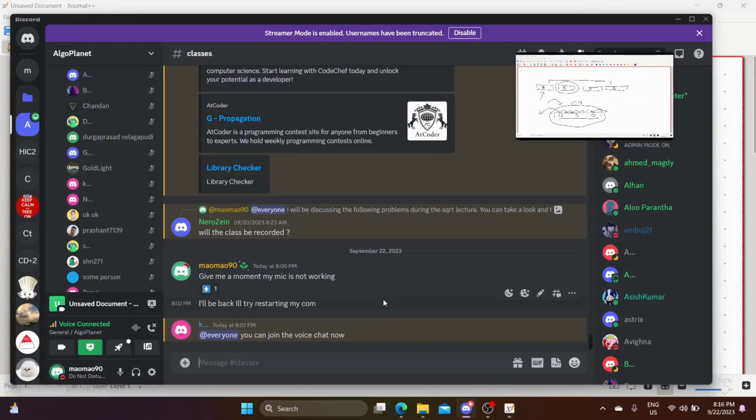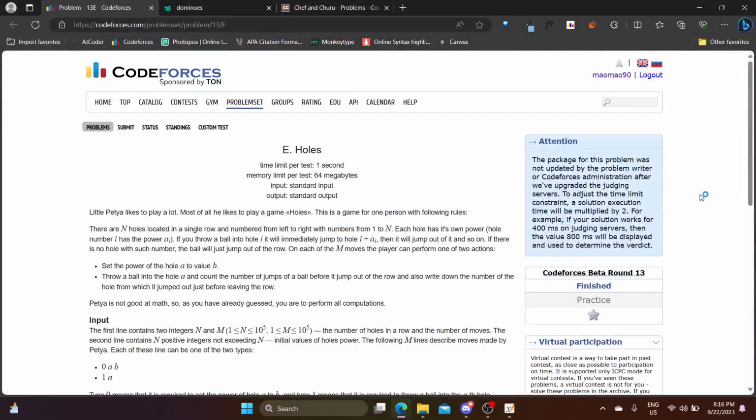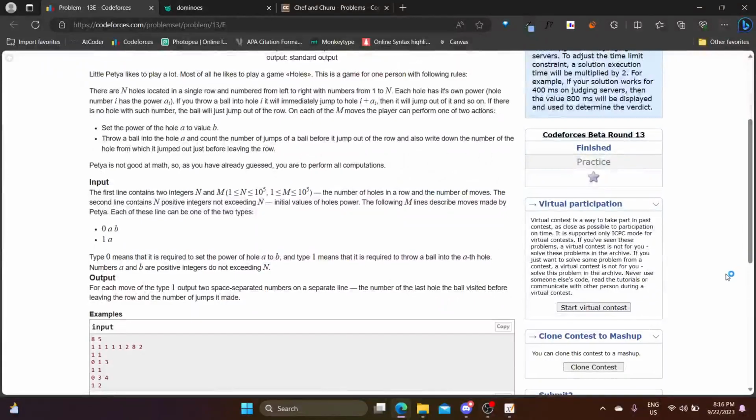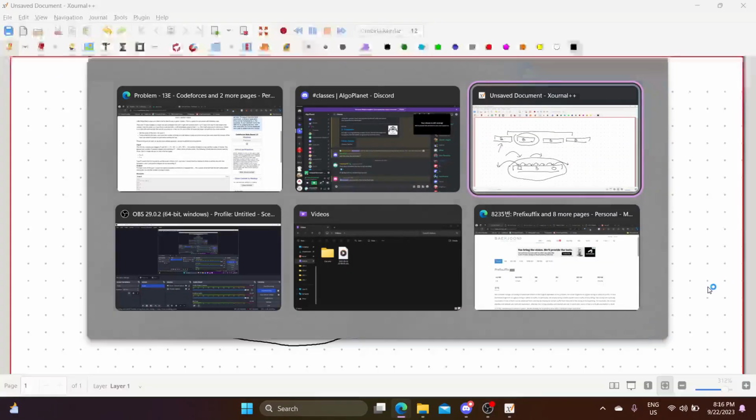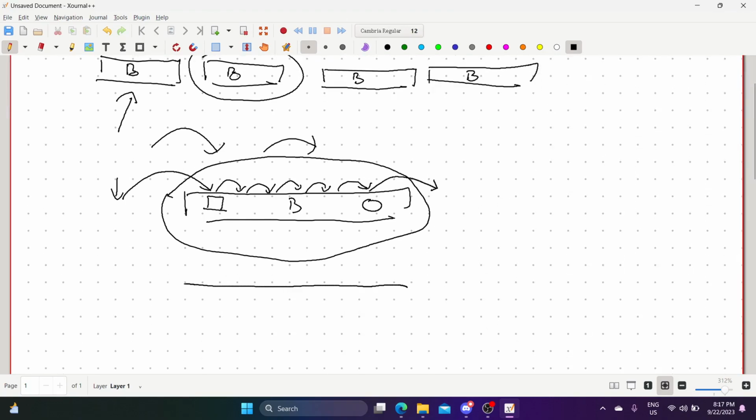So this information is actually quite similar to what the question is asking. The question is asking what is the last hole it jumped out from and also the number of jumps. So in this case, instead of the final answer, we store what is the last hole it visited before it exited its own bucket, and also the number of jumps it takes to exit its own bucket. In order to pre-compute this, we can just do the naive brute force, which is, for each bucket, we go from right to left,